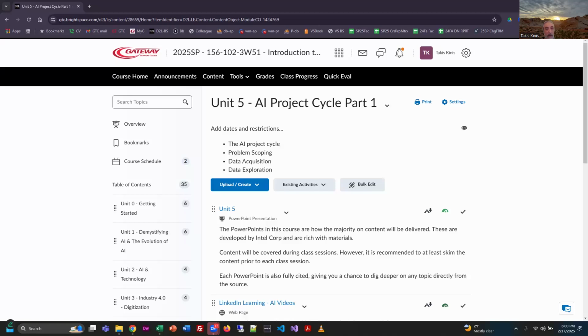This is part 1. We will be doing part 2 next week in Unit 6. The main topics that we're going to be hitting upon are what the project cycle even is, and we'll do a comparison to some traditional approaches and the agile approaches that are typically used in AI. We'll learn about problem scoping, data acquisition, and data exploration, which are key fundamental pieces to getting started on projects